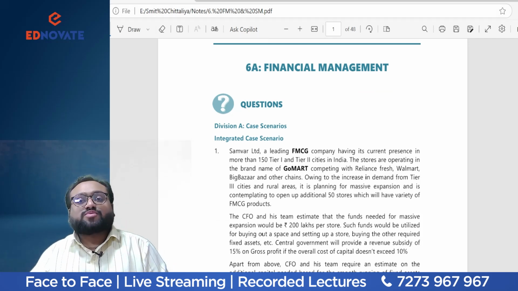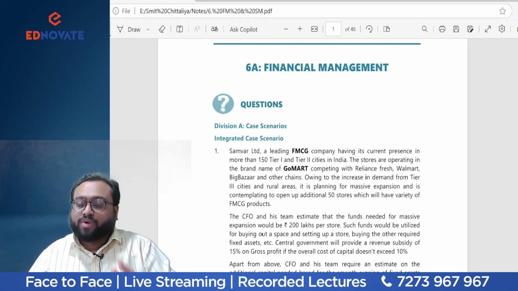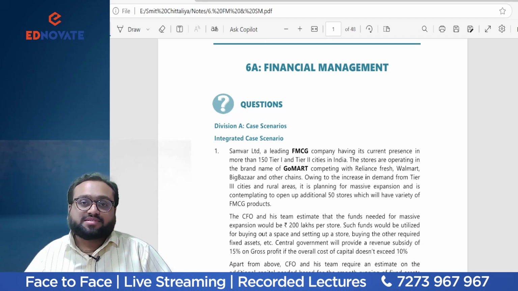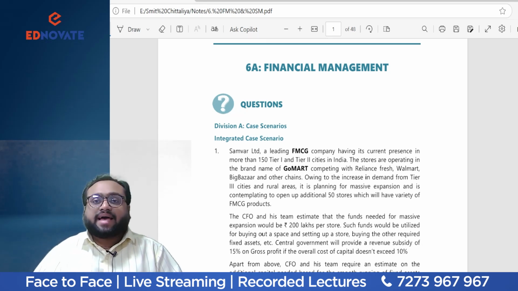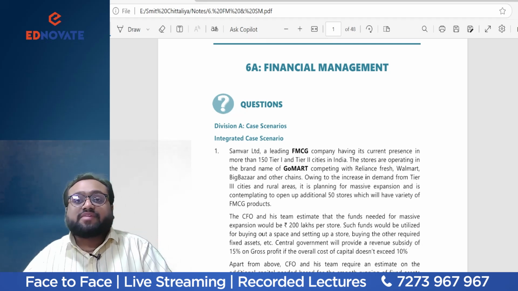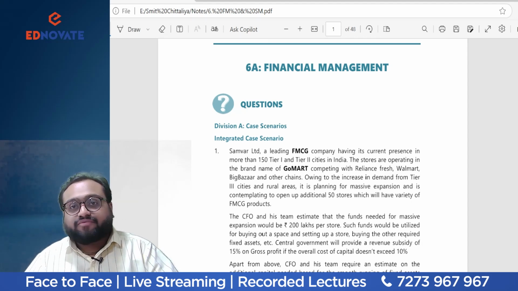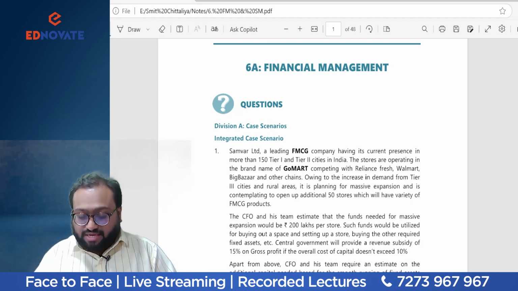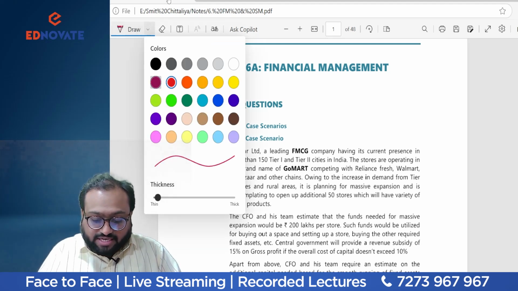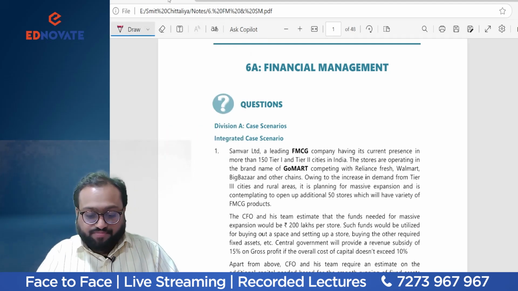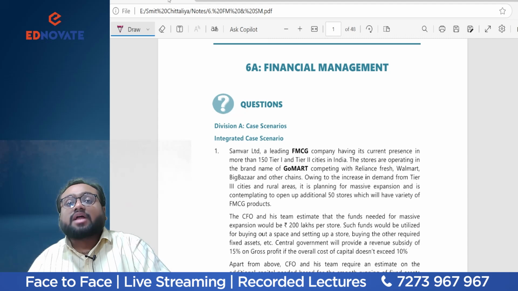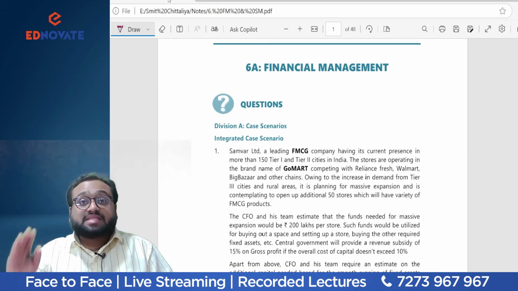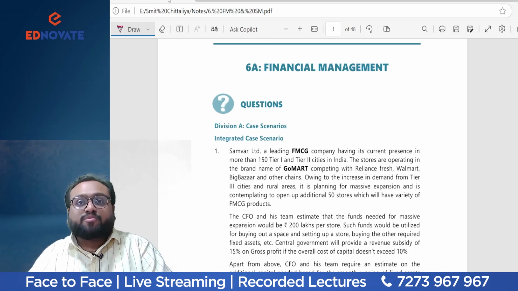And looking at the first question of the RTP, you might feel that the question is very lengthy. It might be quite difficult, but no, students, it is easy. The only thing is that we need to read each and every part of the question properly so that we get all the answers correct. So let me start with the first case-based scenario. Let's have a look at what this case-based scenario wants to tell us. We'll read the entire question, find out the areas which are very important for us, see the requirement part, and then proceed ahead.